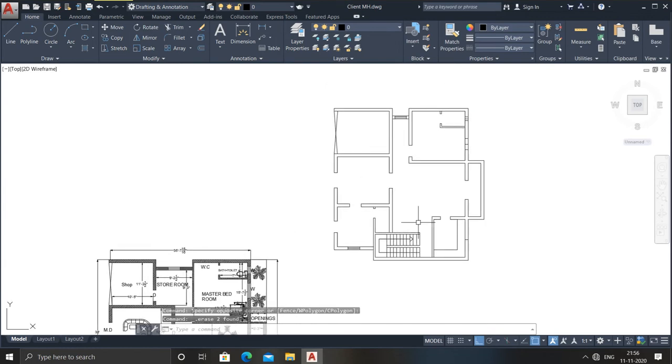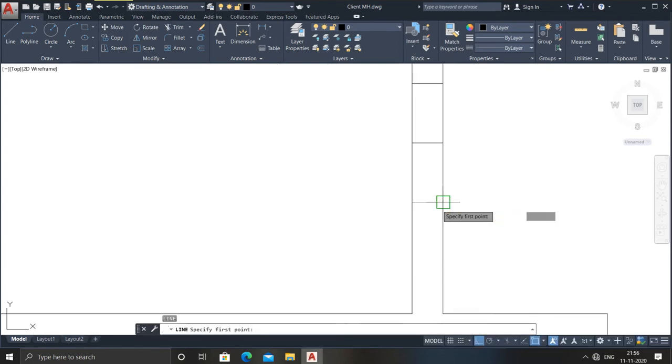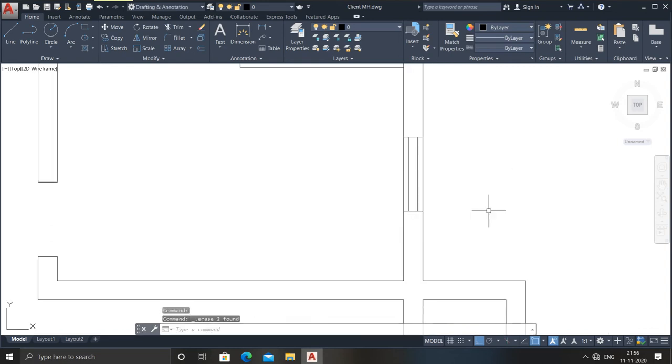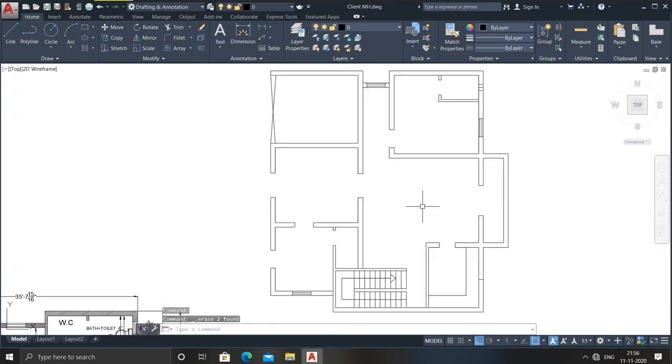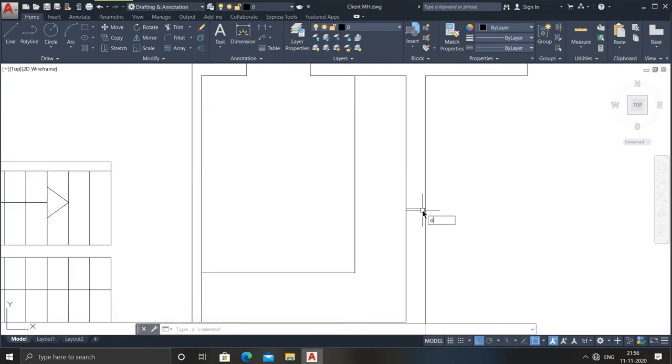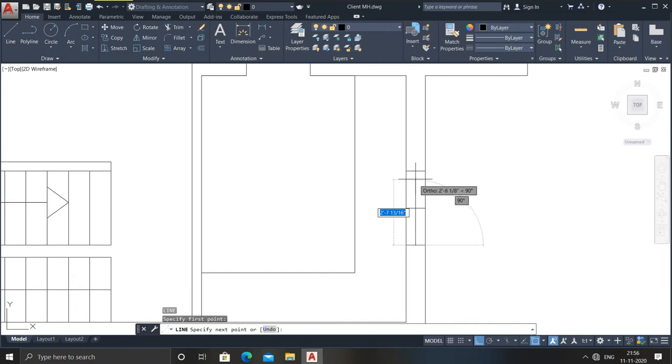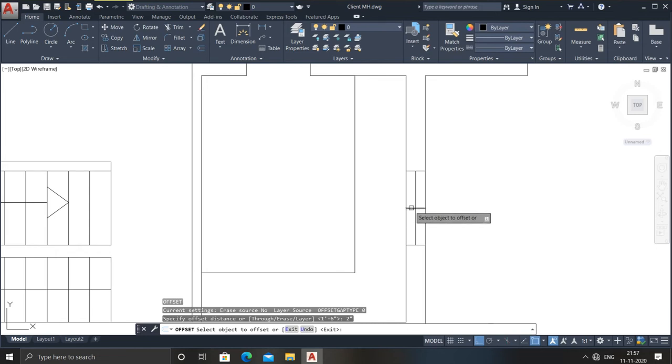After that, you can see my plan is almost ready. Doesn't it look pretty? Go for offset command of 2 inches from both the sides. See, delete it. After that, I need to go for some hatching. So before going to hatch, I have missed this, so I will provide here 1.5 feet. That depends on you. If you want to provide 2 feet windows, you can do, don't worry. So 2 inches right from here.